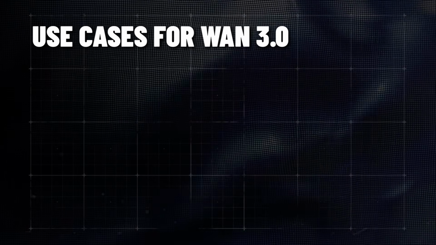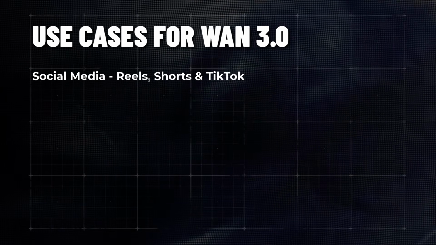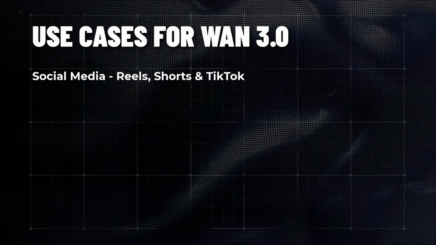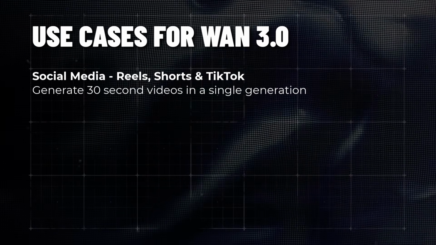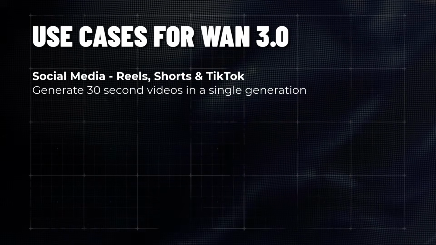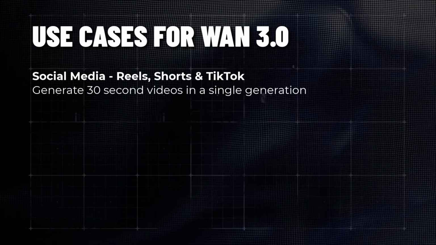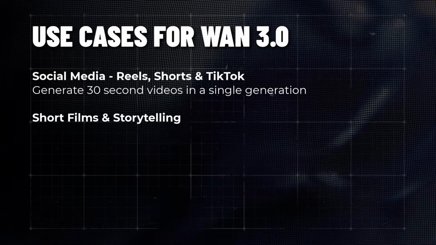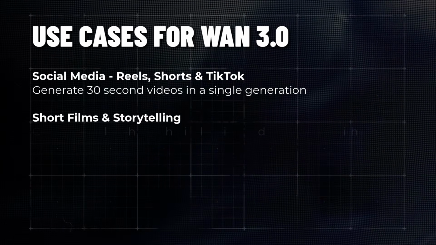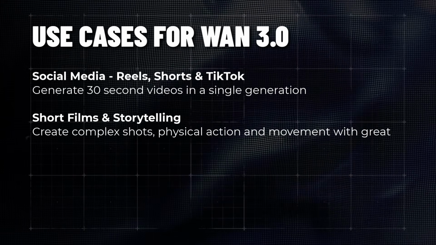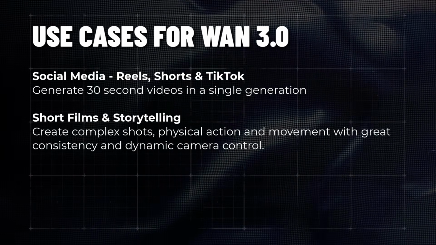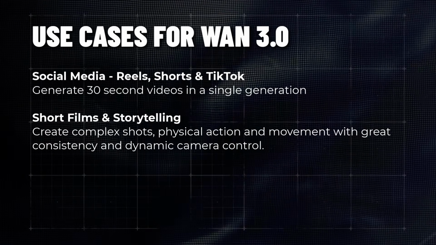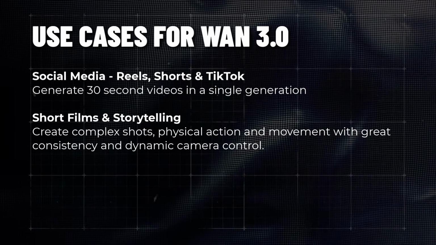And of course, like any AI video model, there are a bunch of use cases for WAN 3.0 as well. This is a great tool for social media, so videos, shorts, or even TikTok, because you can create 30-second videos in a single generation, which can save you a lot of time if you're looking to create longer videos for these platforms. But obviously there's things like short films and storytelling because you can create these complex shots. You can use some physical action, although Seedance 2 might be best for some of the really complex action, but the movement with the consistency and dynamic camera control makes it a terrific option for nailing things down quickly